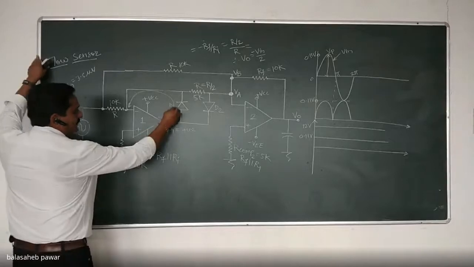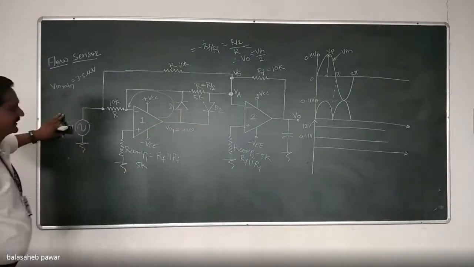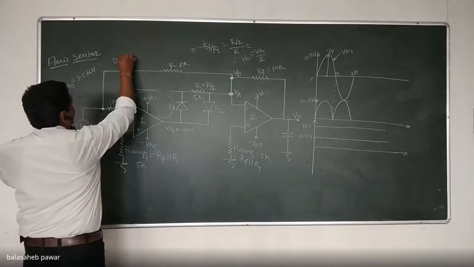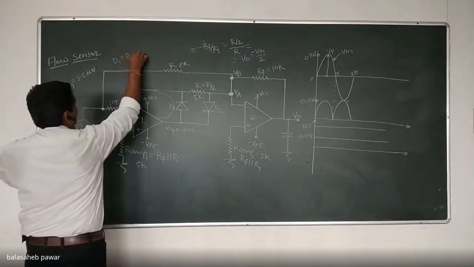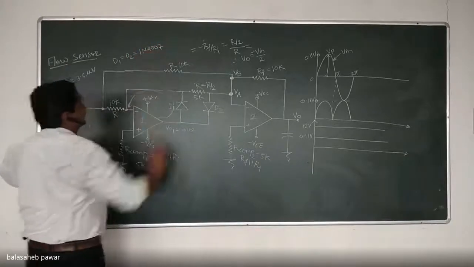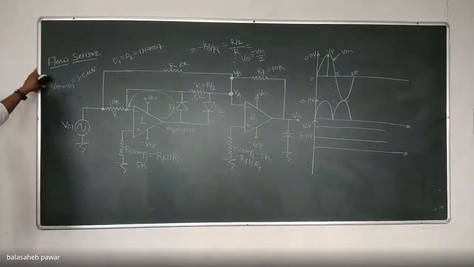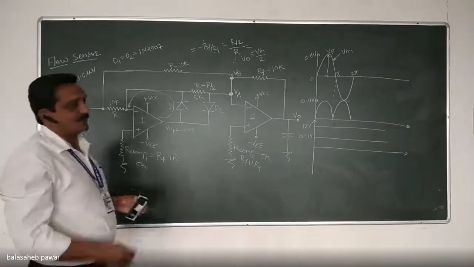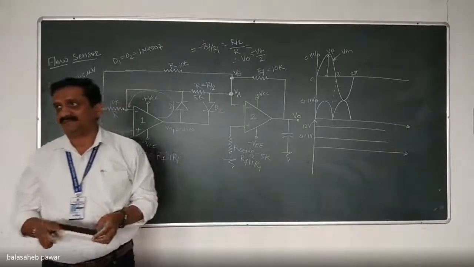Diodes D1 and D2, as we are using a 50 Hz input signal, that means it is a low frequency signal. So you can take the diode D1 equals D2 equals 1N4007. No issue about its switching frequency because the input signal frequency is only 50 Hz, while its amplitude is variable, either 0.11 volt peak or 12 volt peak. Is it clear?